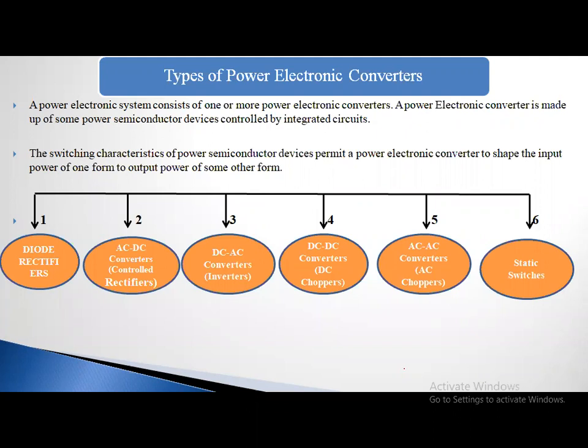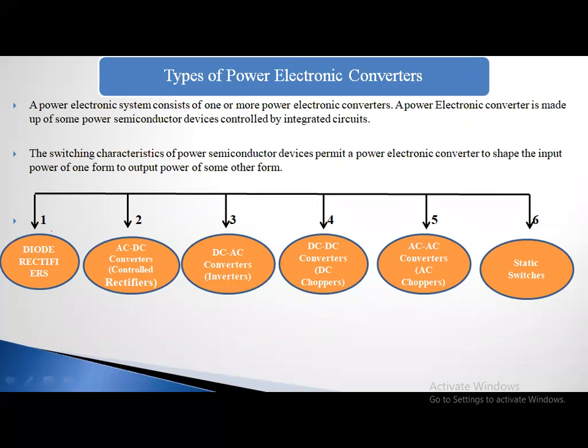So what are the types of power electronic converters? Generally the power electronic converters or power electronic modulators have been classified into 6 types. Okay, mostly it is only 5 types, but the last one is the static switches. Static switches is nothing but power supply devices. So you can say 5 types or 6 types, no problem. Mostly the power electronic modulators have been classified into 6 types. Clear? What are those?